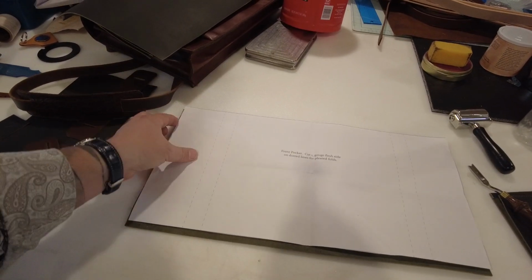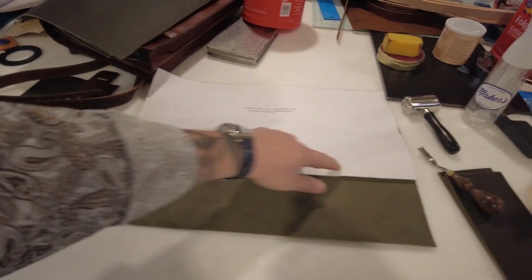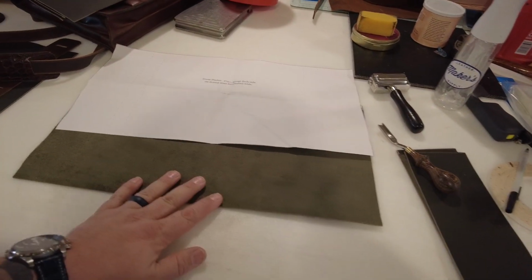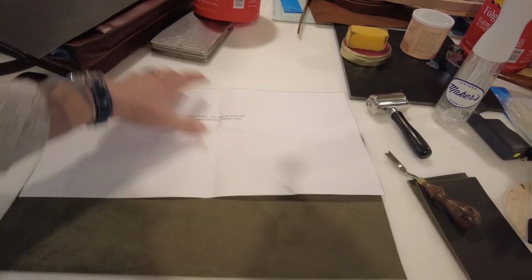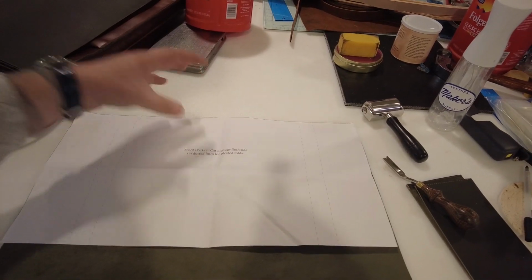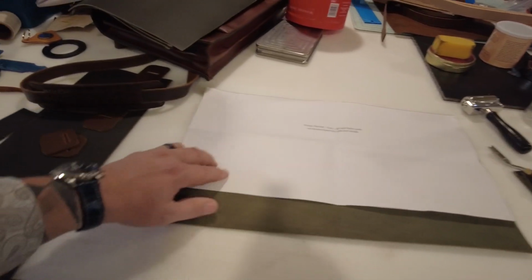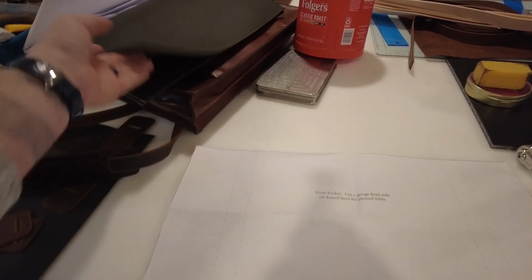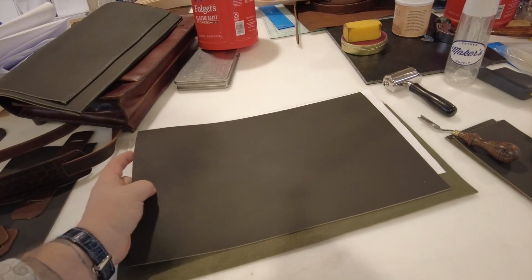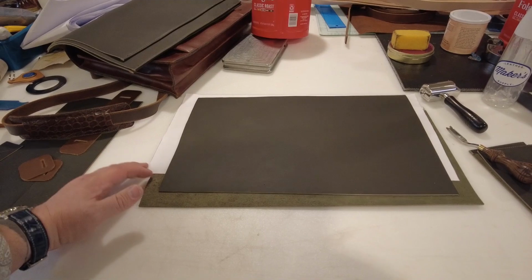Alright folks, got all that done. Now I am going to talk about this front pocket. It's time to gouge the fold lines to make it to where it kind of accordions, I guess you could say, or pleats would be a better word. Okay, but you got to be careful because depending on the kind of gouge you're using, the width of it and stuff like that, you can't exactly follow the lines on a given pattern. Okay, the goal is once the pleats are folded in, that it's the exact same width as the rest of the bag. Okay, so you have to use a little bit of judgment, maybe even a little bit of math,